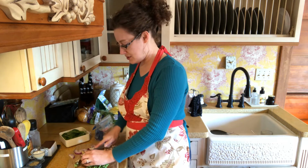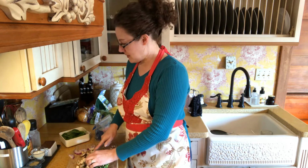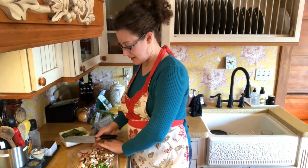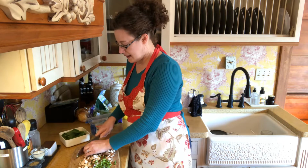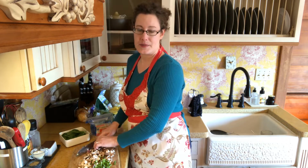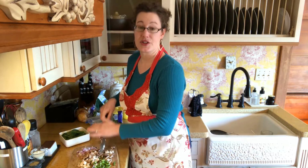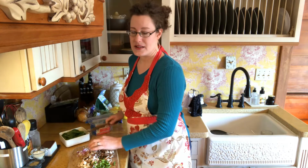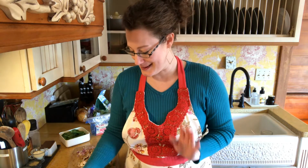So what I'm going to do is get all these chopped, and like I said, just saute them down in a little bit of, actually what I have out right now is sunflower oil. I think I had that from a recipe. Okay, so I have my asparagus, I have mushrooms, I have some red onion. The red onion, I think the smallest that the MyFitnessPal app goes on, like how small the serving size you can do, is 1/8. I think what it should be is like 1/3 of an 1/8, but I can't figure that out. So anyway, I did the smallest that I could, and it's pretty close,